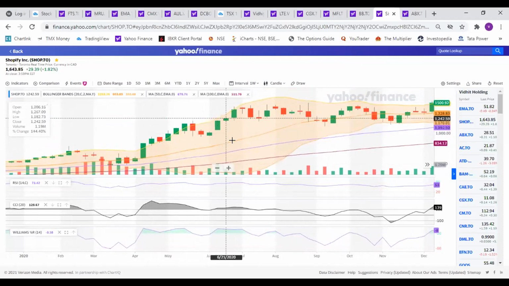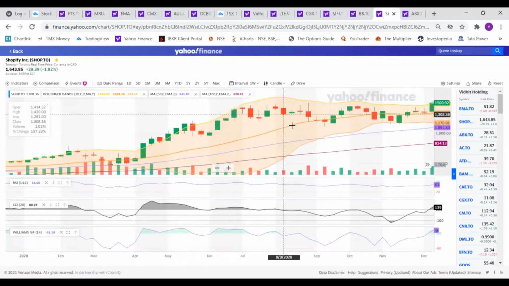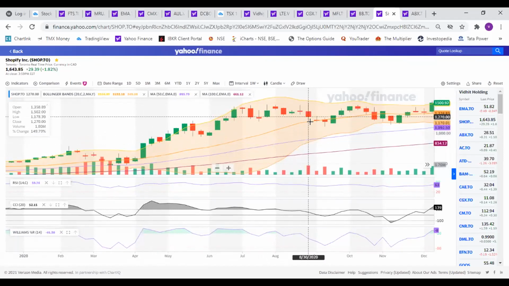How have I moved? Did it ever come down below the mid Bollinger Band? It came and touched over here. This was on April the 12th, April 12th. And this it touched over here was on